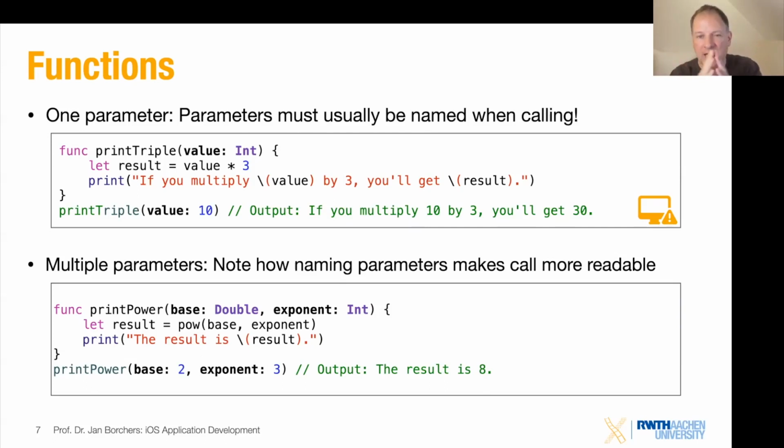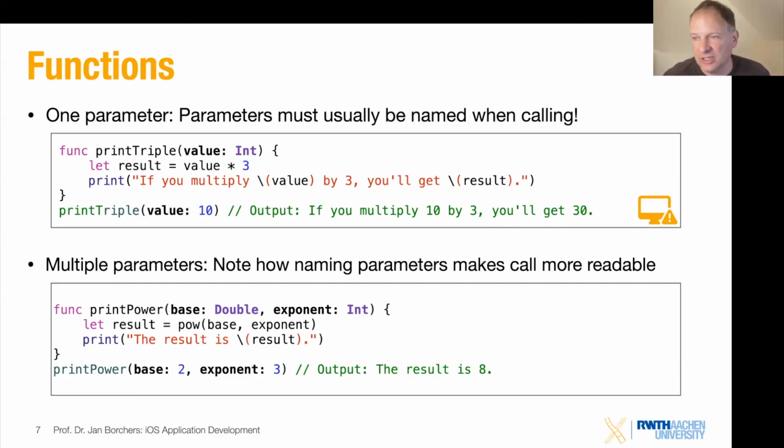And if you've ever had calls with like 6 or 8 parameters in there without any labels, you always have to go back to the definition of the function, right? And do some pattern matching yourself and figure out, okay, is the third parameter the IP address or the fourth one? And which of these trues and falses belongs to which of these many parameters in this function? It's a mess, right? Reading this code is usually really hard, and Swift makes that much easier. So your code will be longer to look at, but actually it's more readable that way.